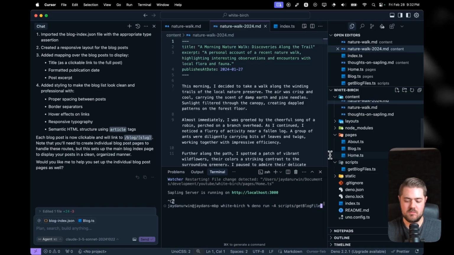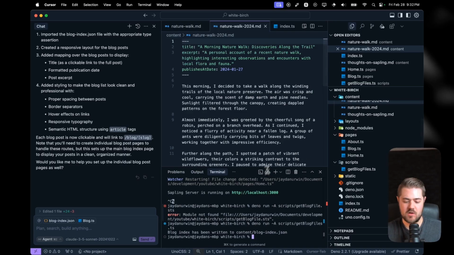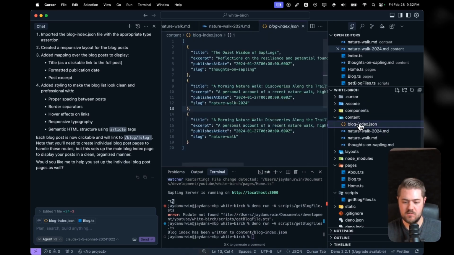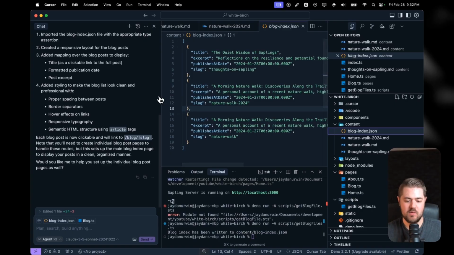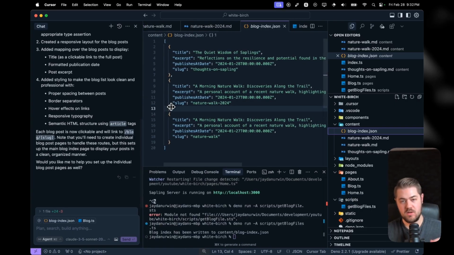files.ts. There you go. So it rewrote that. If we go back to the blog index, we've got 3 now. And so I would have that third new blog post that I wrote, run this script, and then push the